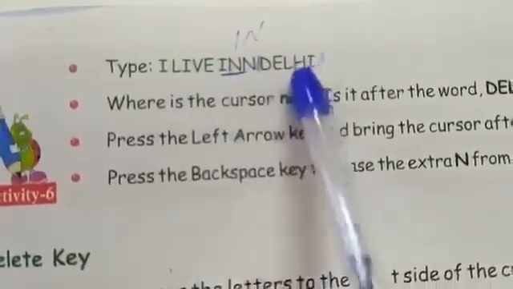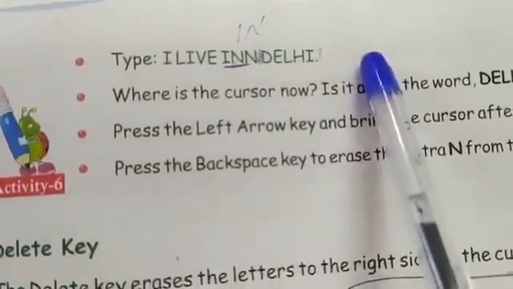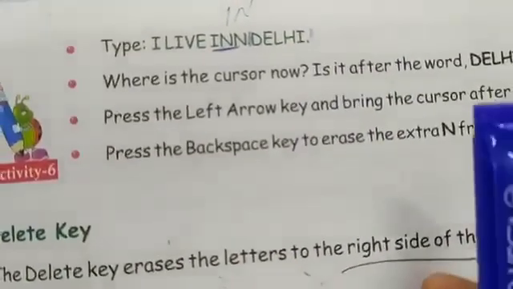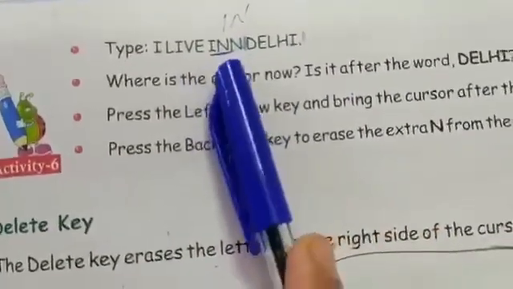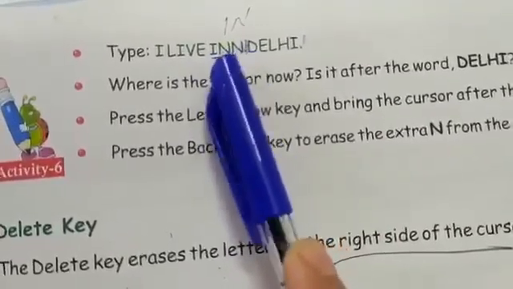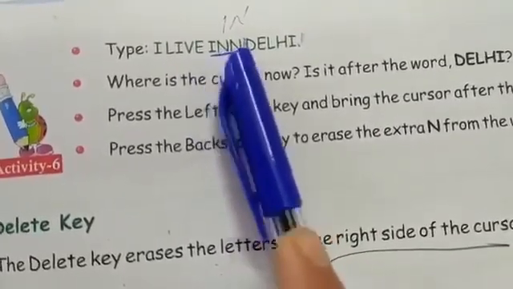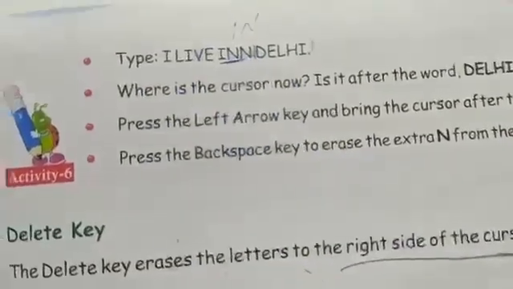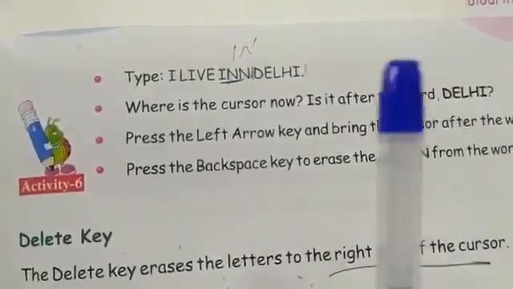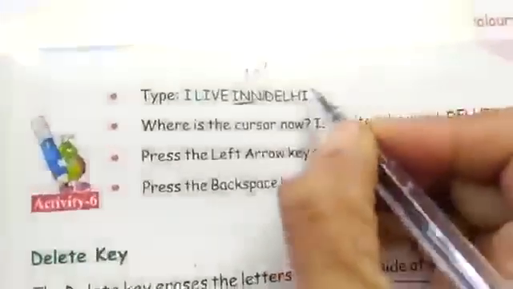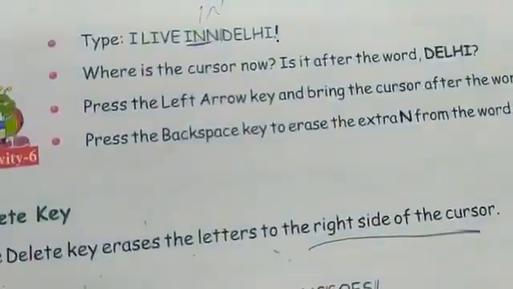I live in Delhi. What is the spelling of "in"? I-N, in. The spelling of "in" is in. But by mistake, I have written double N. So this is wrong. Now, where is the cursor? When we type, where is the cursor now? On Delhi. Now if I will